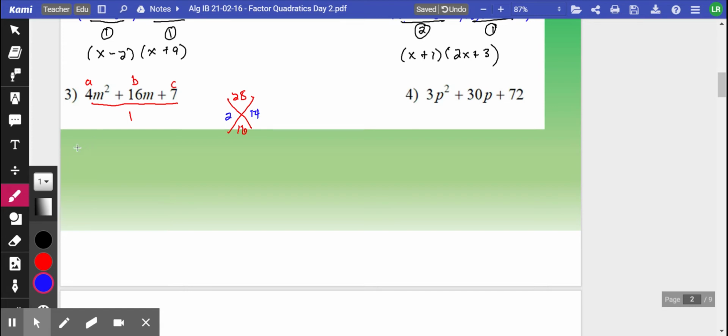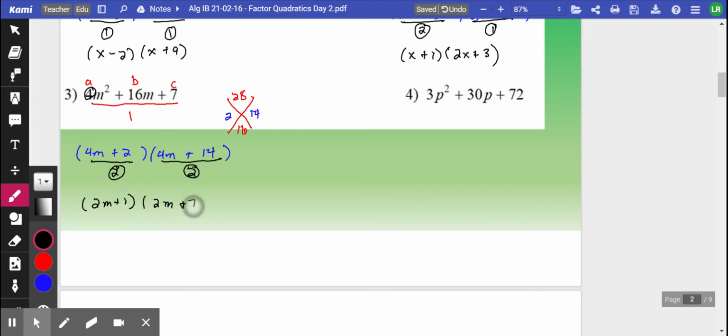So let's put our wings out. They should both start with the 4m. Then we have the magic number. So plus 2 and plus 14. Look for what I can divide out. From this first one, I can divide both 4 and 2 by 2. From the second one, I can divide 4 and 14 by 2. I check my wheels. 2 times 2 is 4. So I know that's working out. Just make sure you divide it correctly. So this would be 2m plus 1